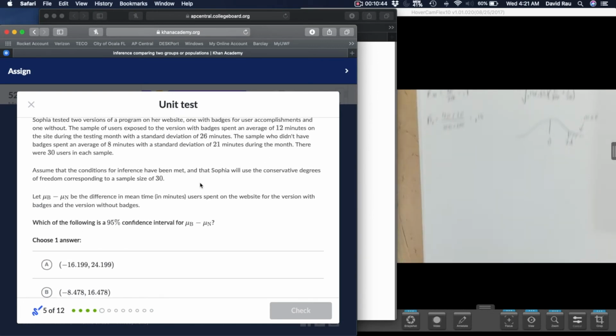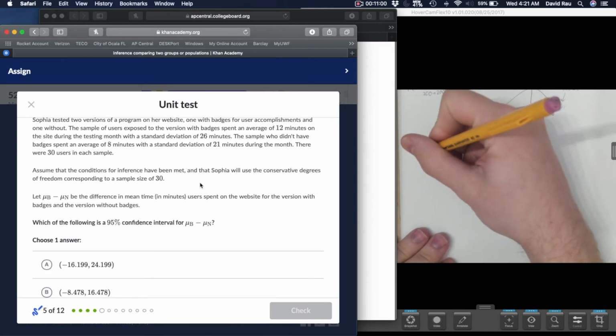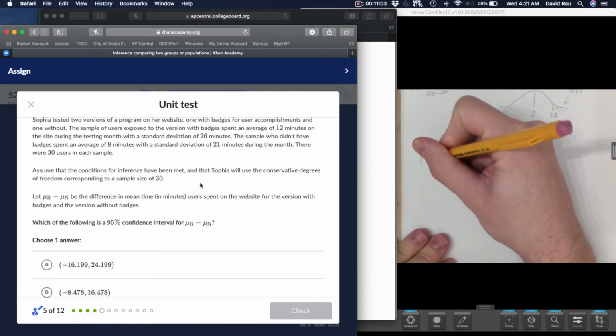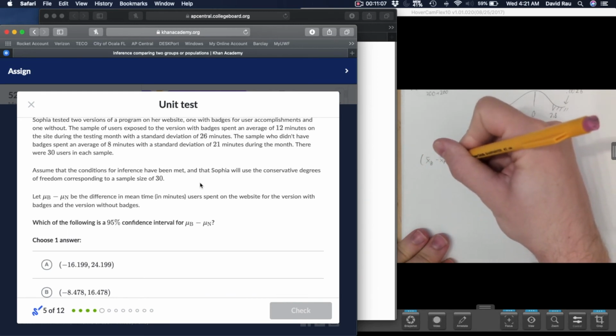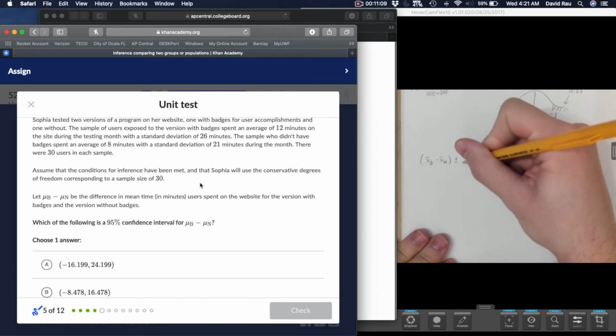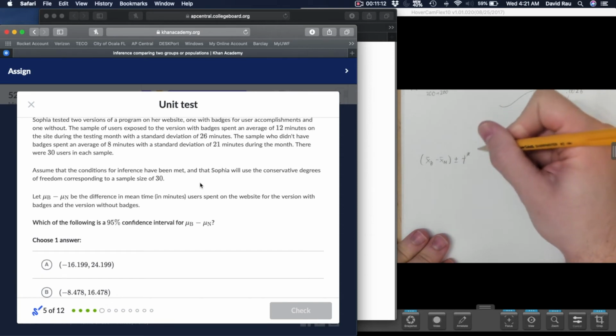I mean, two-proportion comparison does take a while, and I'm trying to be a little thorough. Okay, this time they want a 95% confidence interval, and we're comparing means. So let's do that. We're doing b minus n. The way we're going to compare that is first we're just going to get x bar of b minus x bar of n plus or minus our critical t value,